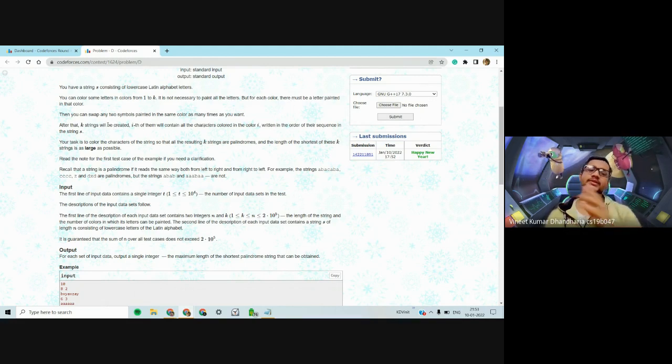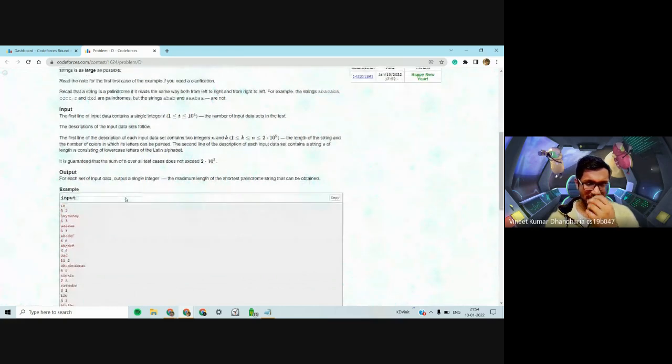After that, you can swap the characters which have the same color, and then you treat all the characters which have the same color as a string in the particular order that you have arranged them. So you list out all the k strings that are there. You want to do this assignment and rearrangement in such a way that all these k strings are palindromes, and another thing that you have to ensure is the minimum length palindrome has the maximum length. So you want to maximize the minimum length palindrome.